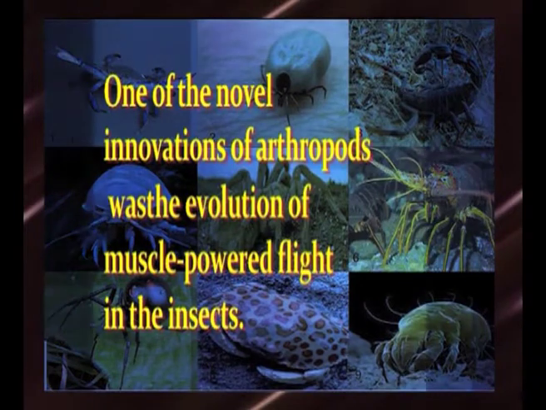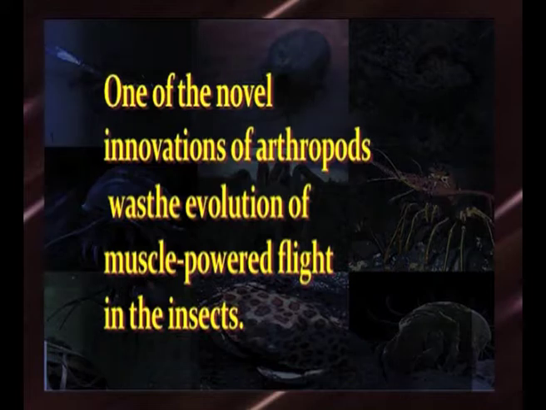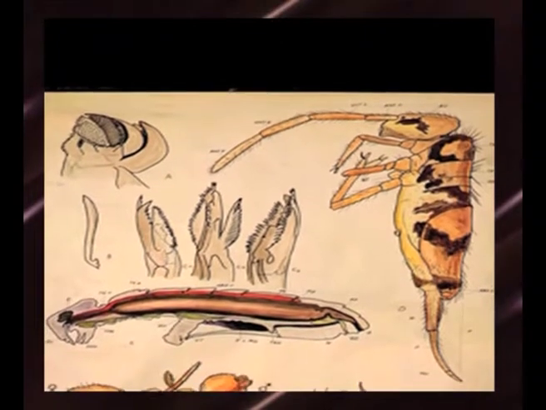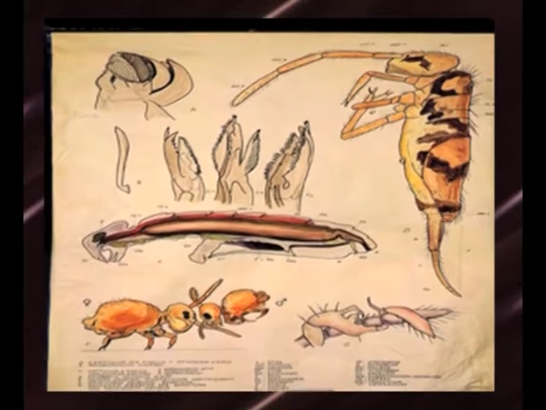One of the most novel innovations of arthropods was the evolution of muscle-powered flight in the insects. The earliest insects, or apterygotes, that is insects without wings, first appear in sediments of Devonian age in the form of Collembola